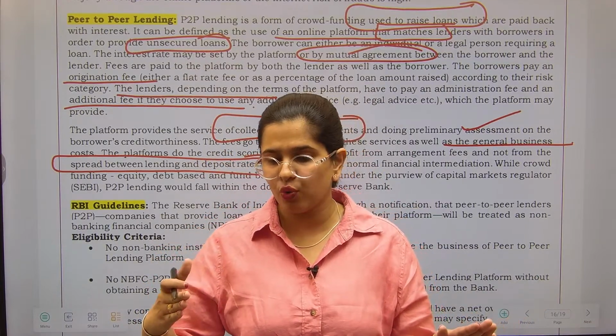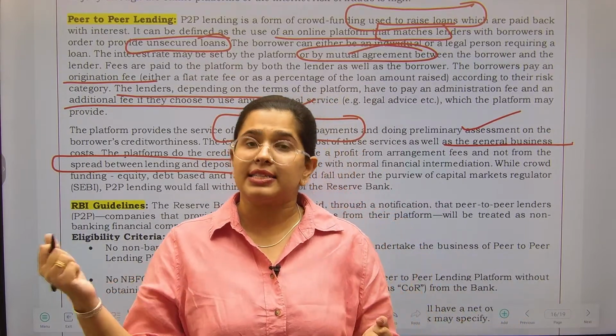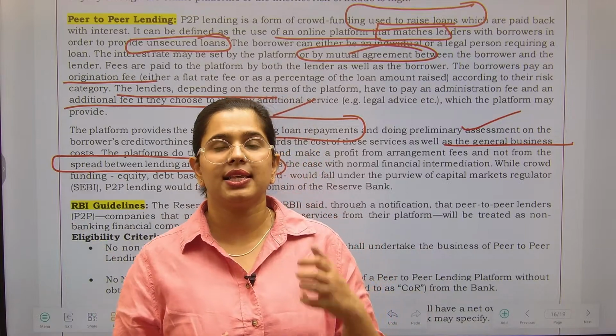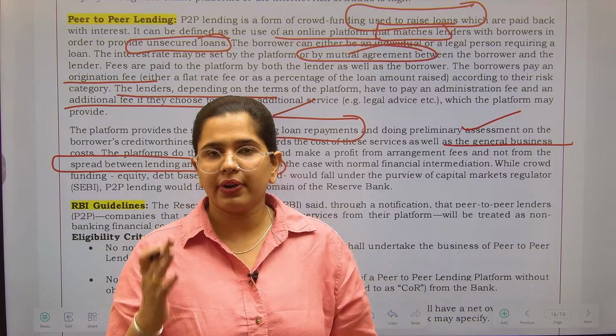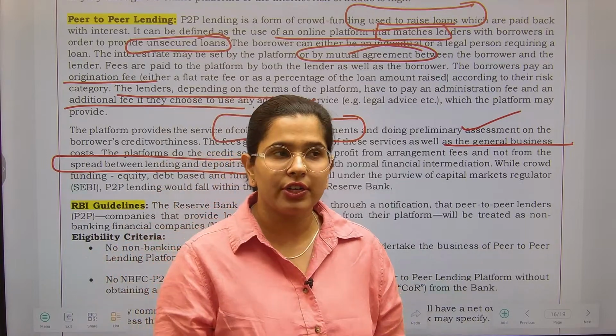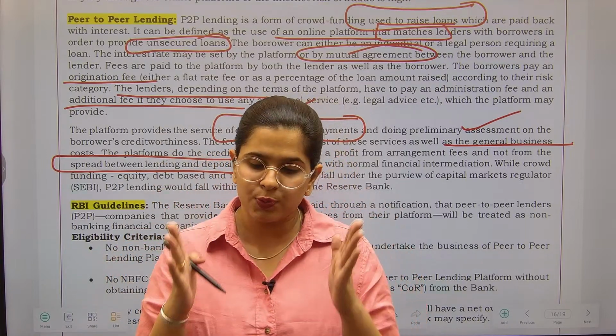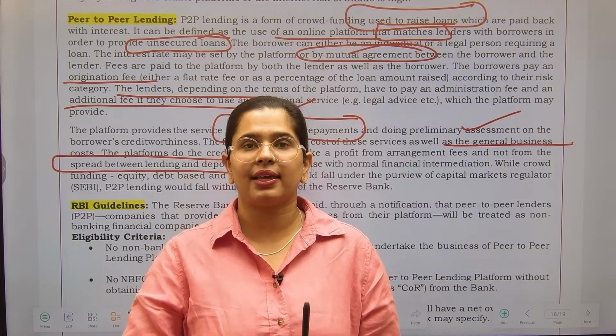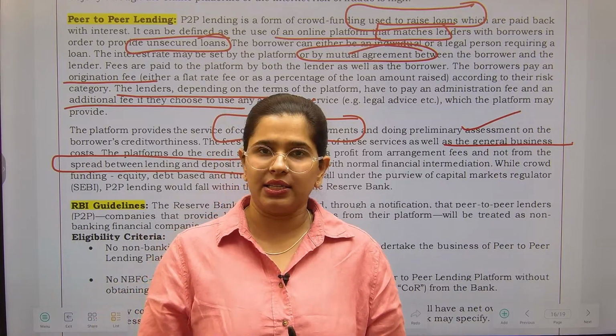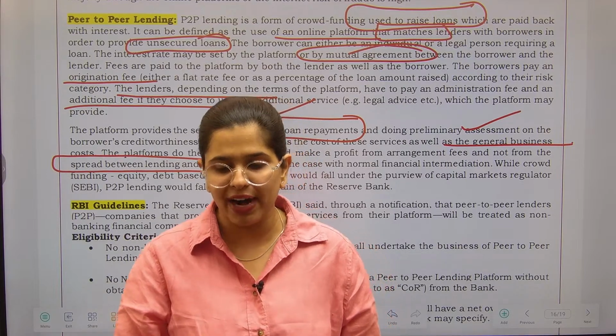We have banks who take deposits from the customer base and then give that deposit out as a loan, right? So the interest rate given on the deposits and the interest rate they charge on the loan, there is a spread in between, okay? The difference in between is the bank's income, and this is not the case with the P2P platforms. P2P platforms cannot